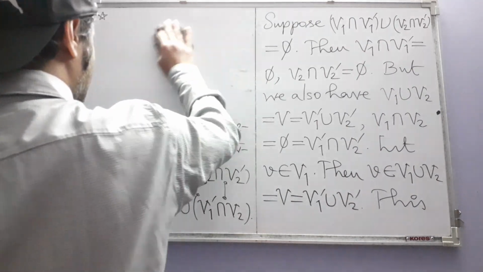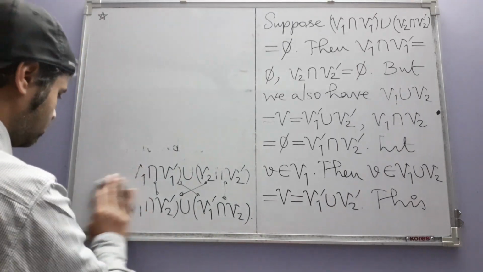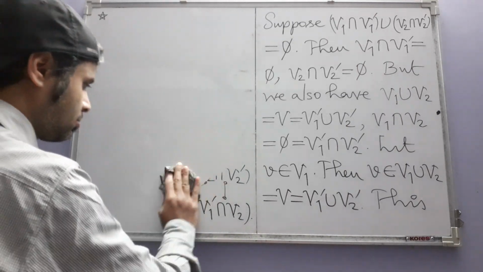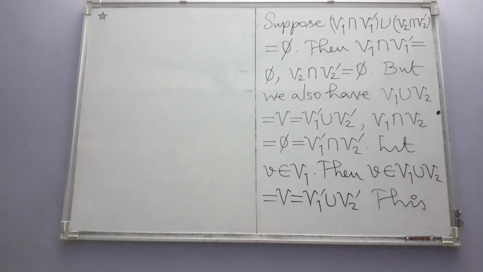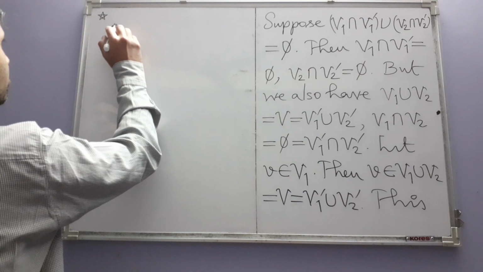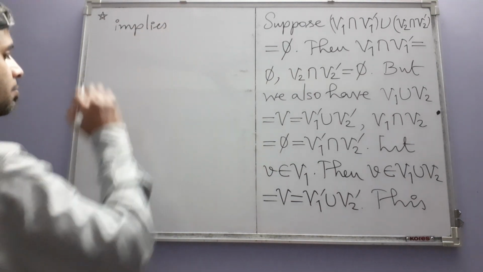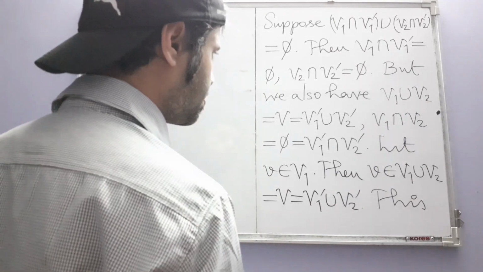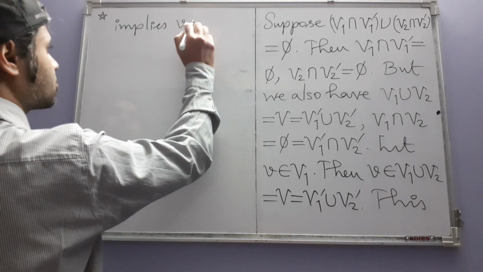Now it is just basic set theory. This implies v belongs to